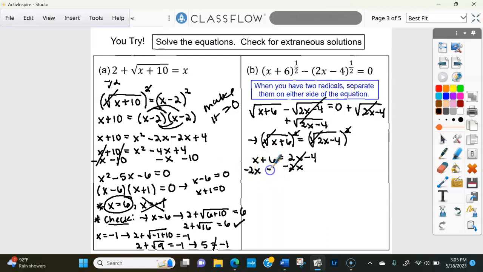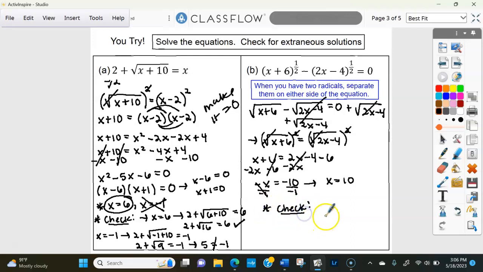And I'm going to subtract this 6 to move it over to this side. That way my x's are combined here to give me negative x equals, and then my constants are over here, negative 4 minus 6 is negative 10. Divide by negative 1 to cancel out the negative. So x equals 10. And now I'm going to double check that this is in fact a solution and